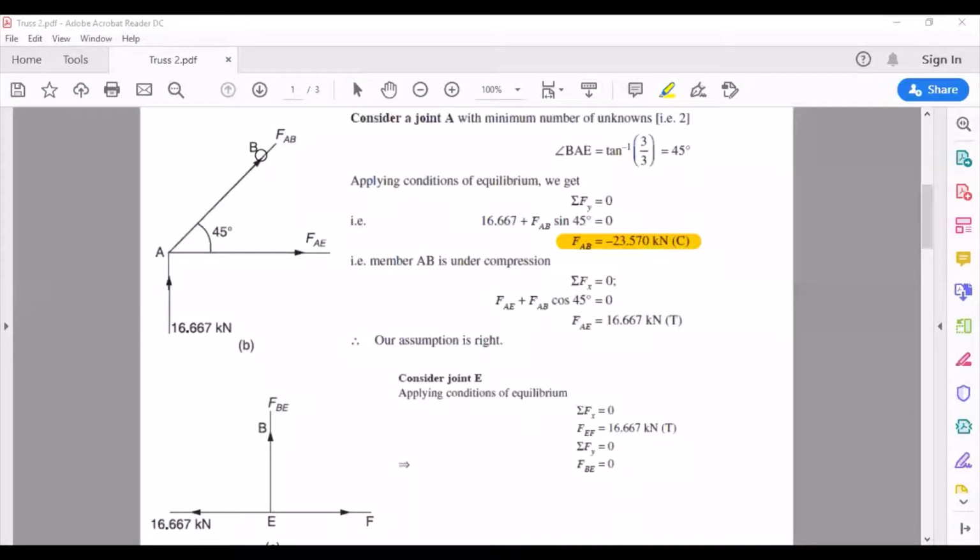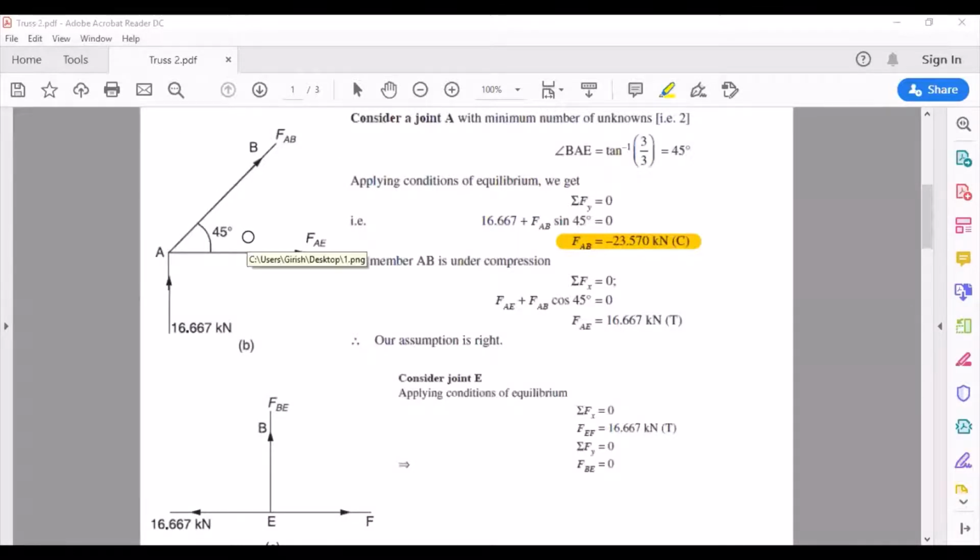So I will keep that in mind. I'm not going to reverse it until I finish the solution for this joint. The only thing is, this direction is to be reversed, and since this arrow is moving towards A, after reversing it will be moving towards A, which means that this member AB is a compression member. I have told you that if it is moving towards the joint, it is a compression member. If it is moving away from the joint, it is a tension member.